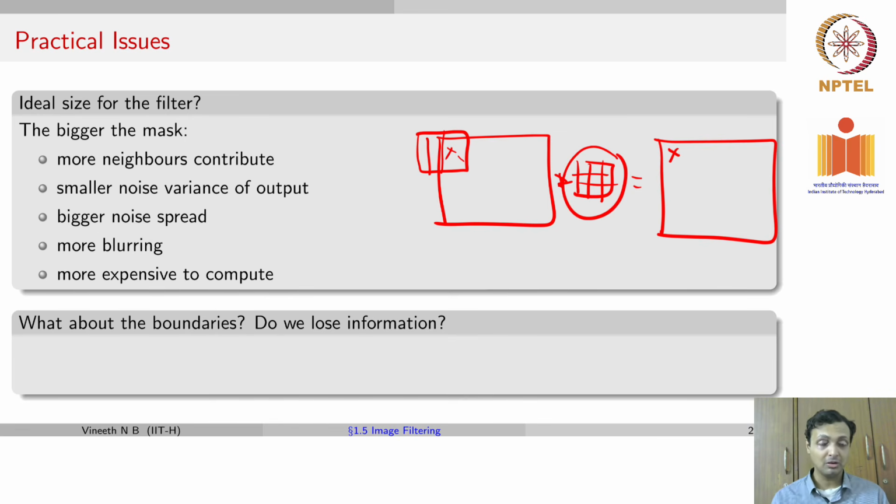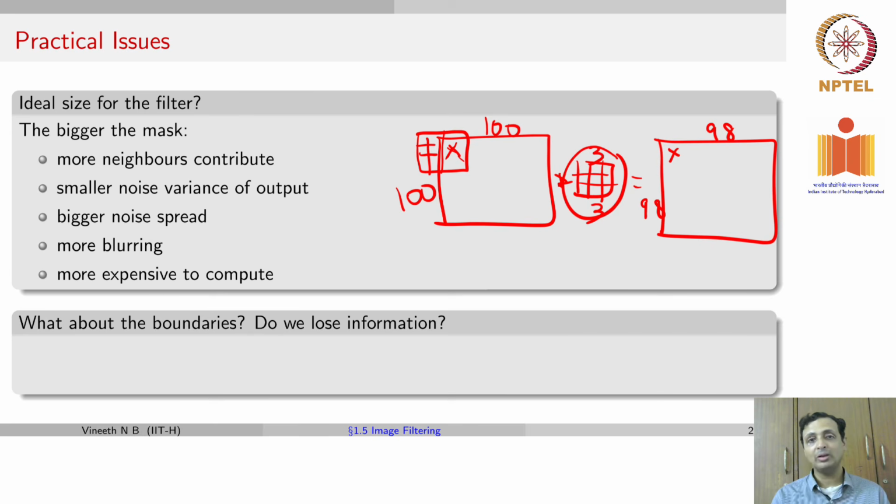Obviously, if that was a 5x5 filter, you'll have this impact for 2 sets of border pixels all around the image. Do we have to lose information? Will the output image be smaller than the input image? So if you have a 100 x 100 image and a 3x3 filter, because placing it at that very edge means 2 pixels will be outside, which you don't have values for, will your output become smaller? The answer turns out to be yes. The output will become the size 98 x 98 in this particular case.